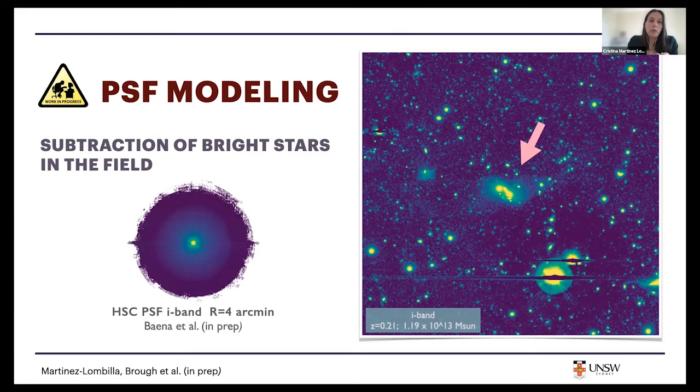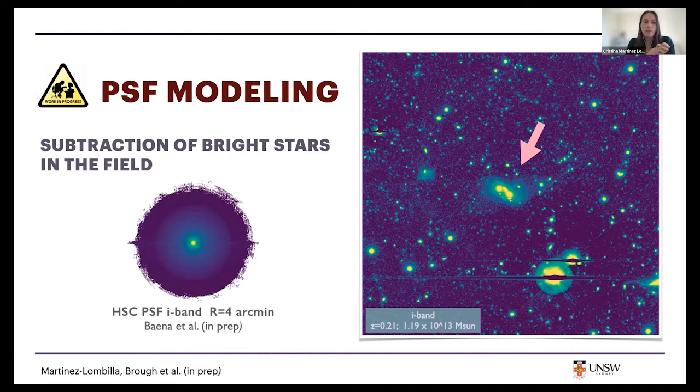To do that, we use a very extended custom-made HSC PSF, shown here. And this is because we need to get rid of the scattered light from the brightest stars in the field that is present up to very large distances. And as I just said, they are contaminating our